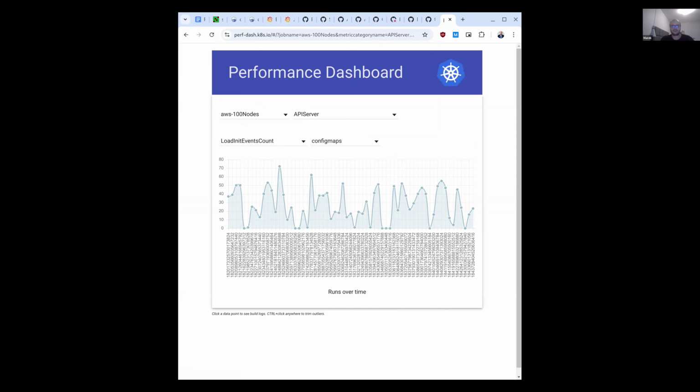Yes, we measure the performance of Kubernetes over time, so someone can see if there is a slow regression. But this is not enough,